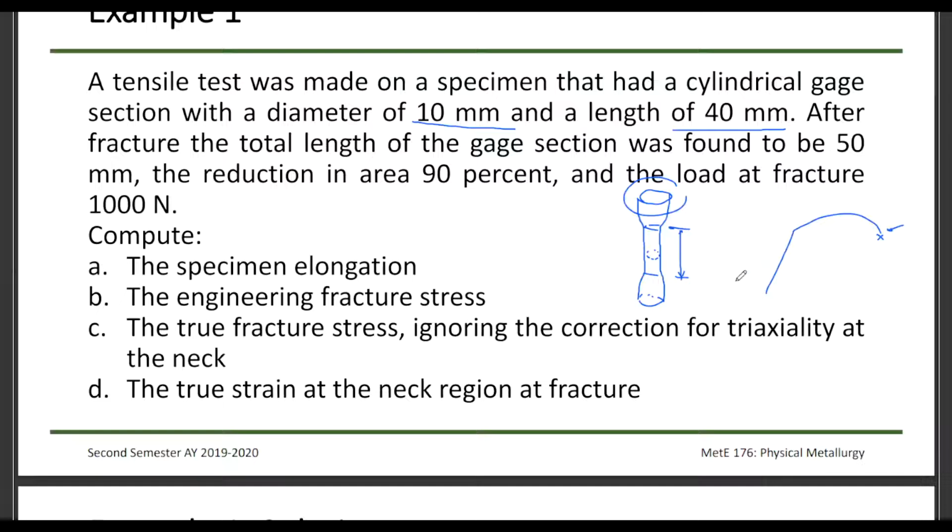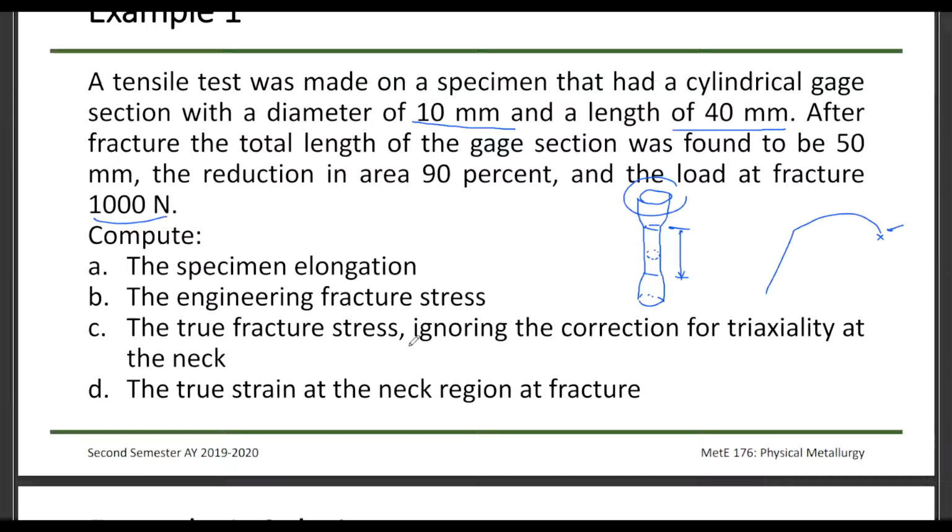No, sorry. The total gauge section was found to be 50 millimeters. So it increased in length. It makes sense that because of the constant volume, if it increases in length, it should decrease in area, no? And the area is observed to have a 90% reduction in area. Then the load at fracture, which is measured in newtons since this is force, is 1,000 newtons. So let's compute for the specimen elongation, the engineering fracture stress, and the true fracture stress, ignoring the corrections for triaxiality